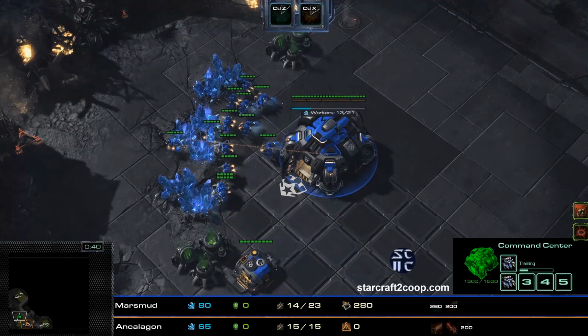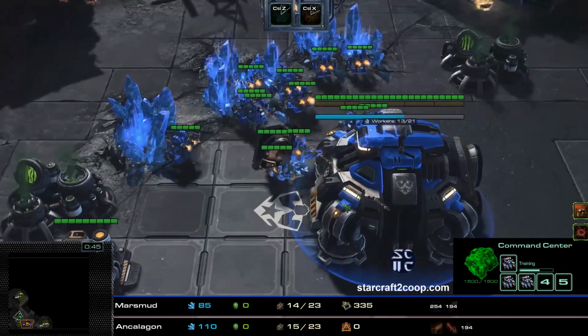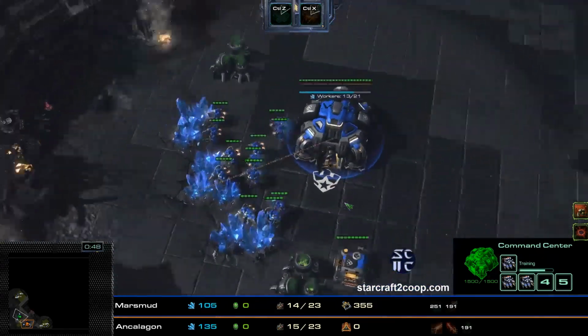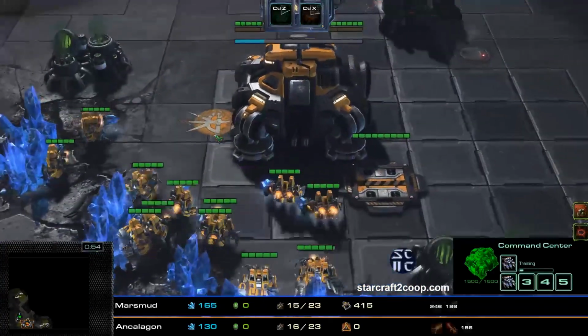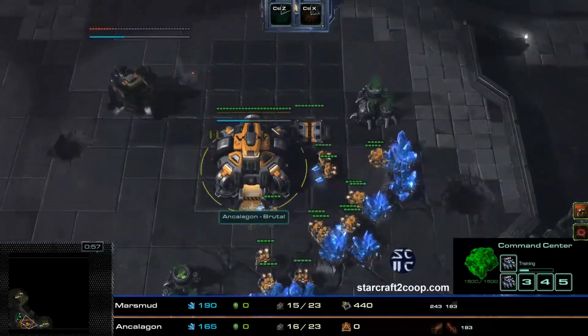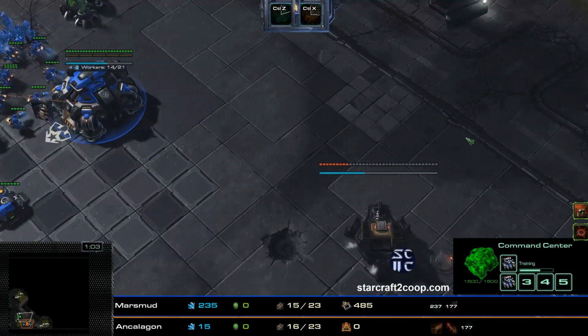This is Rockslapping Champions. Player 1, playing Raynor, we have Marsman. And player 2, playing Swan, we have Escalating. So the first thing you will notice as well is that there is a set of mutators